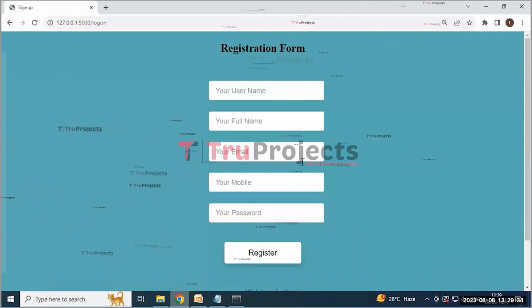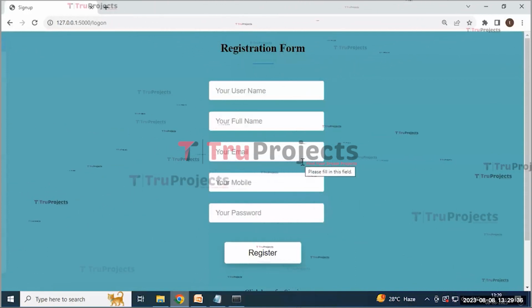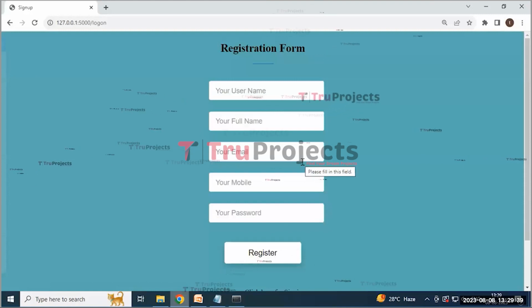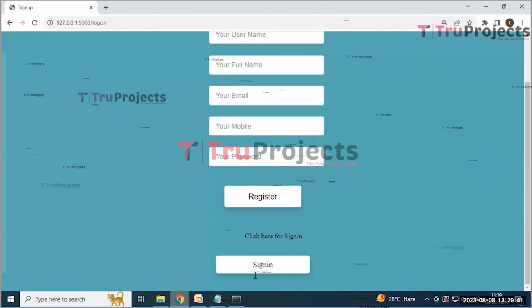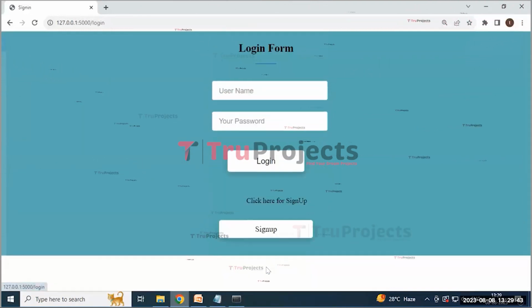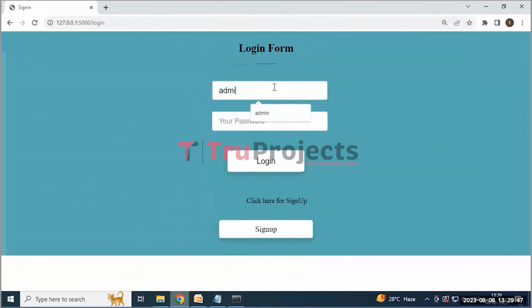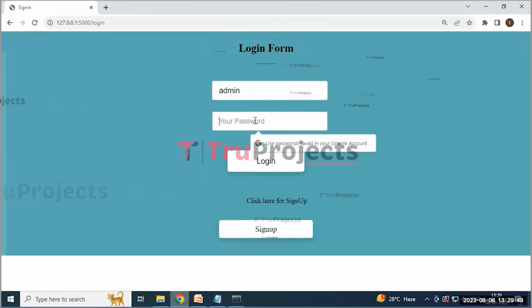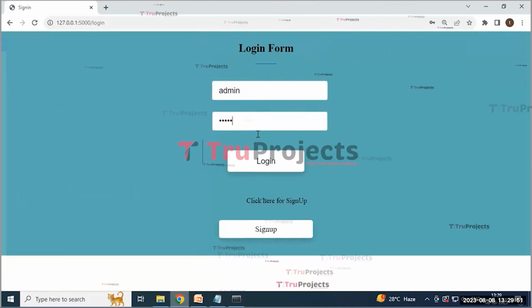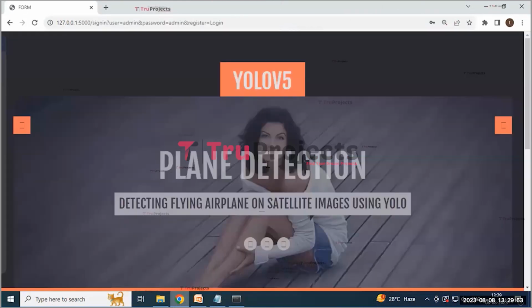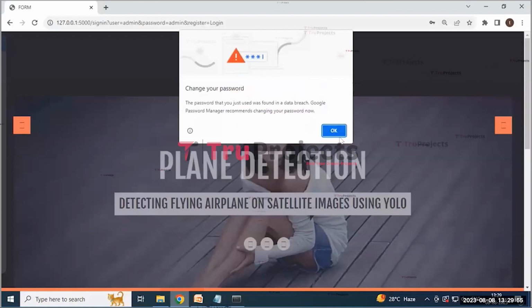Here it will redirect to the sign up page containing some necessary details that need to be filled to create an account. But my account is already created, that's why I'm using the sign in button. Here it will redirect to the sign-in page containing the username and password, and those details need to be filled, and then click on the login button. Here it will redirect to this index page